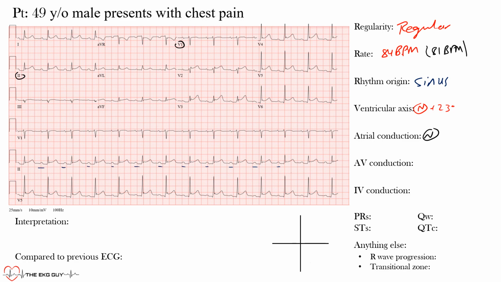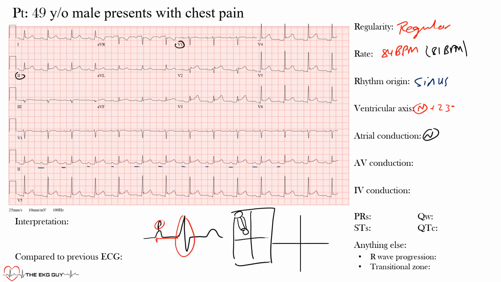Next, we look at atrioventricular conduction. So notice we looked at the P wave here. Now we're looking at AV nodal conduction. Okay, so if I draw out, that's our complex there, and here's our heart. We saw we're in sinus rhythm, okay? So we did that. Now we're making our way down to this AV node here. So in this case, we're looking at the PR interval, okay? And if there's a P wave for every QRS complex. So we said that there's a P wave, QRS complex, P wave, QRS complex for each one, and all the P waves look the same. So there's a 1-to-1 ratio, okay? So 1 P wave for 1 QRS complex, which is normal,